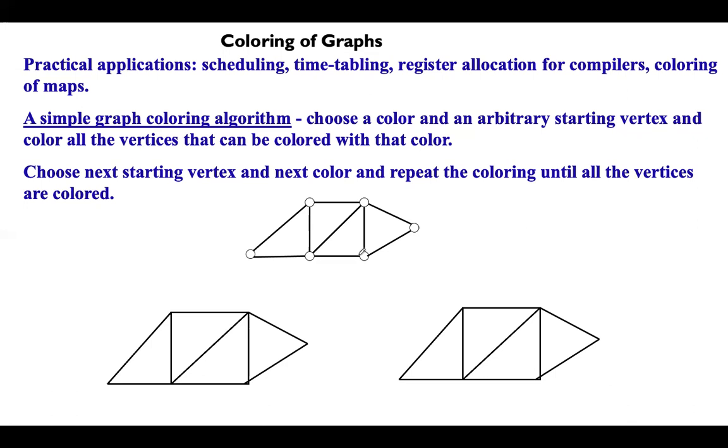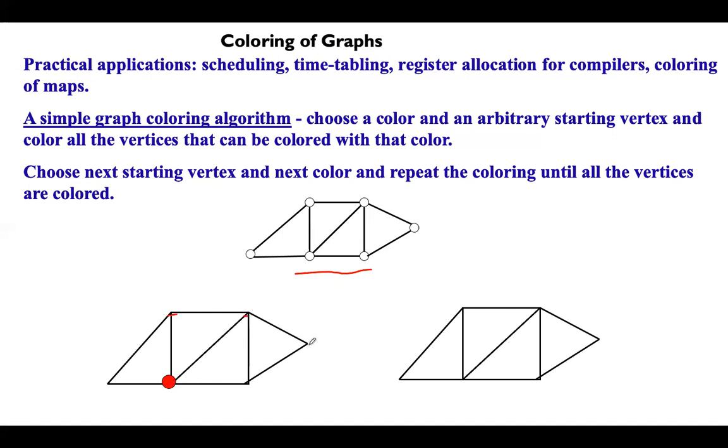Algorithm, we can use backtracking method, which I will show in the next slide. So if this is the given graph, let's see one more example, how many colors are needed to color this graph. First I will start with one vertex. I will assign a color to that vertex, that is red. So once I assign red here, this vertex cannot be red and this cannot be red. Even this vertex cannot be red. So this also cannot be red.